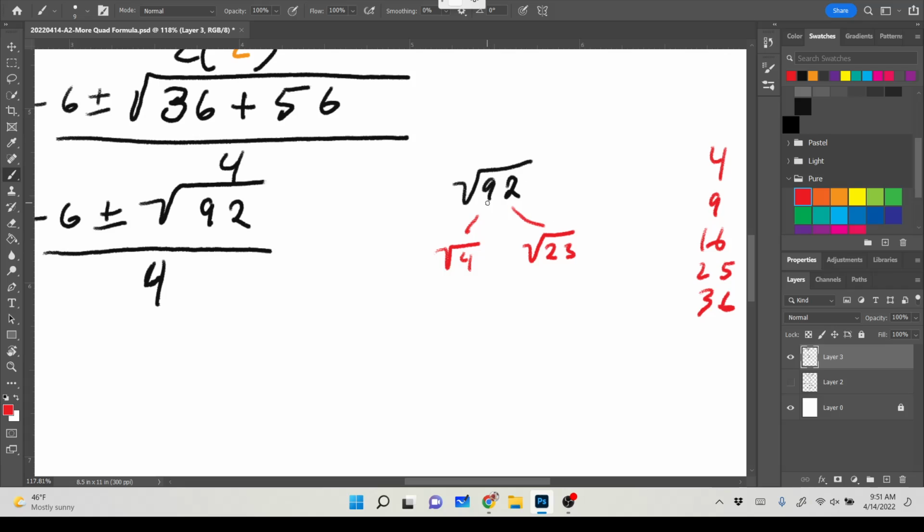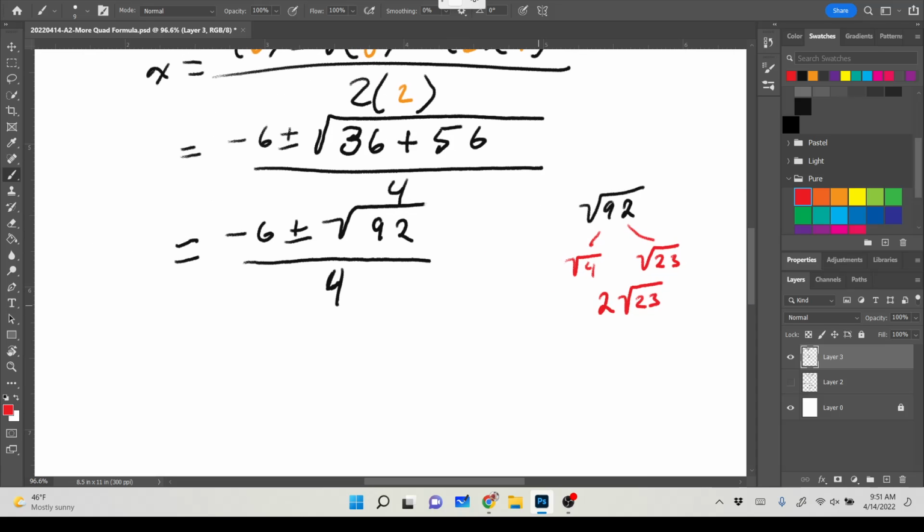So this square root of 92 simplifies into 2 times the square root of 23. Right? We following? We caught up more or less? Okay. So we can write this problem as negative 6 plus or minus 2 times the square root of 23